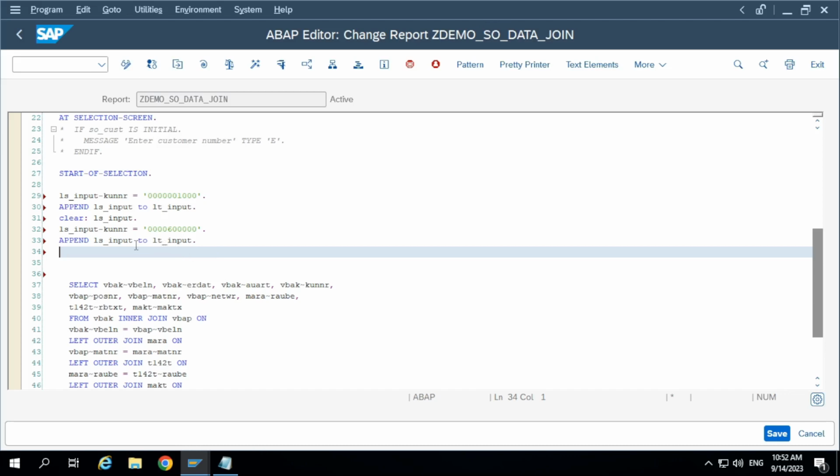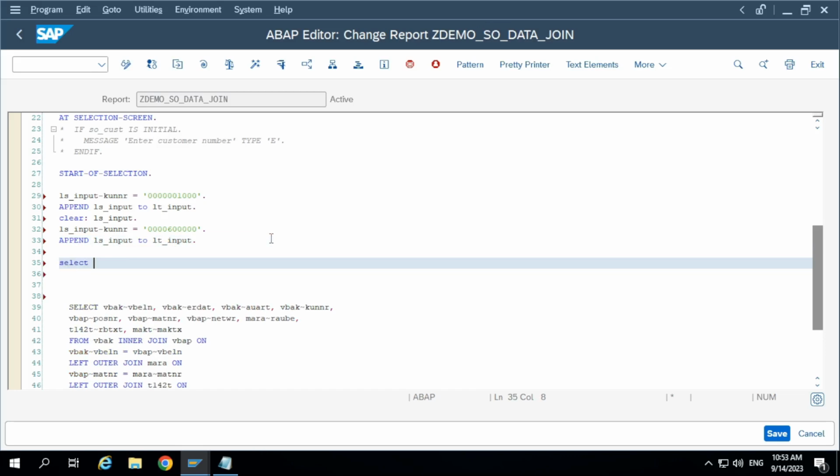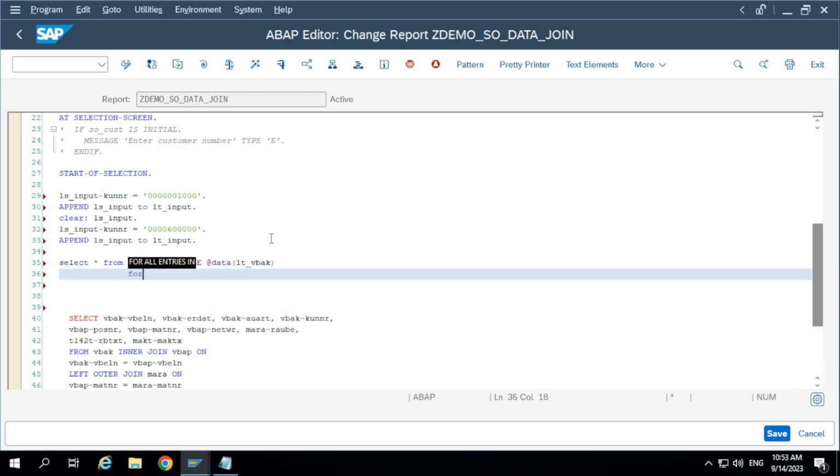First we need to select data from VBAK by using FOR ALL ENTRIES. Select star from VBAK into table lt_vbak for all entries in lt_input